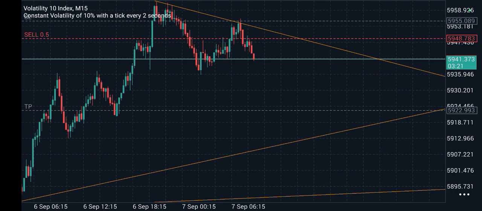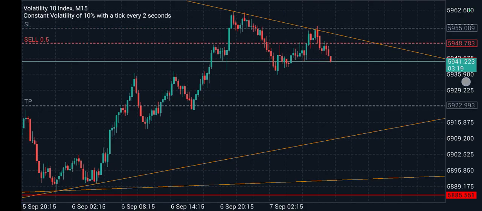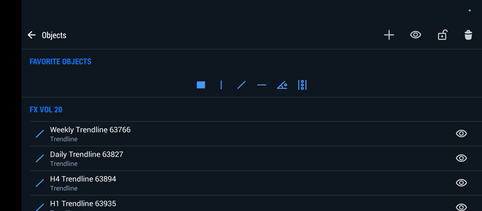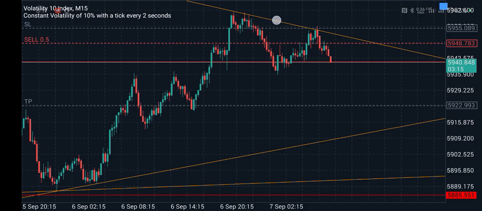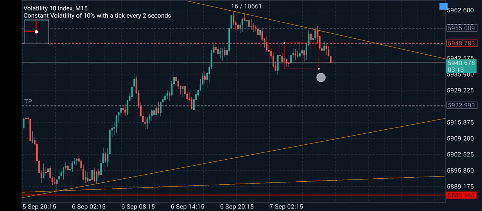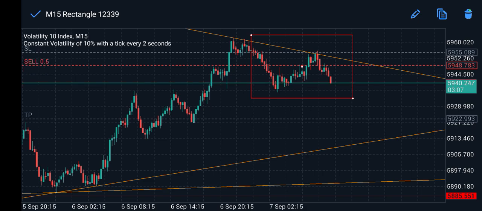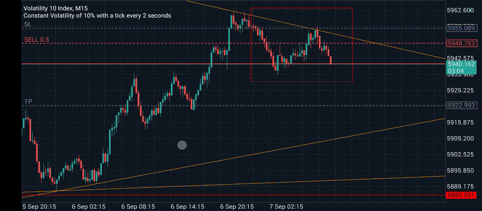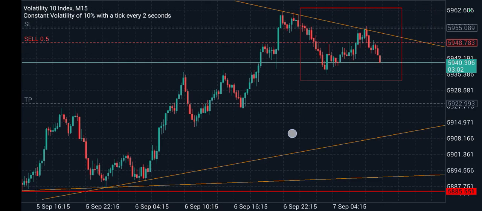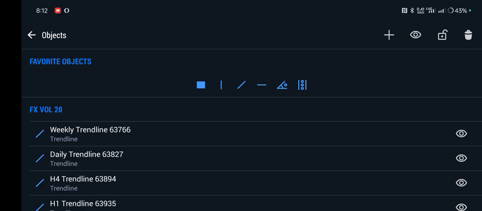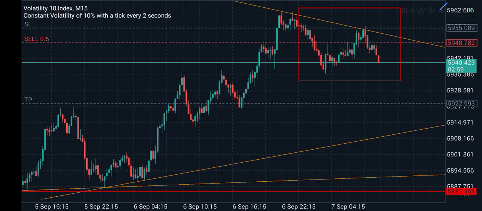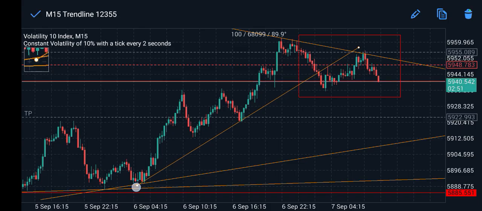So what happens here is that now let's assume this square shape has not happened in this market. Note, this squared shape has not happened in this market. So what I do here is I take it like this. This is on the 15 minutes. Make sure you don't go beyond 15 minutes. Anything lesser than 15 minutes, don't work on it. So now what I do here is,